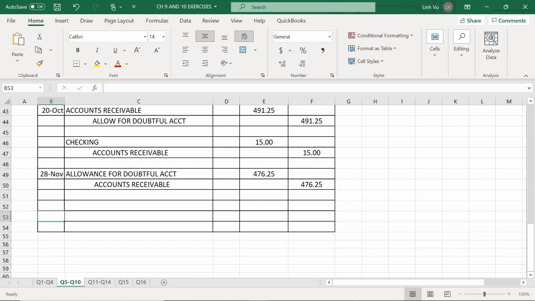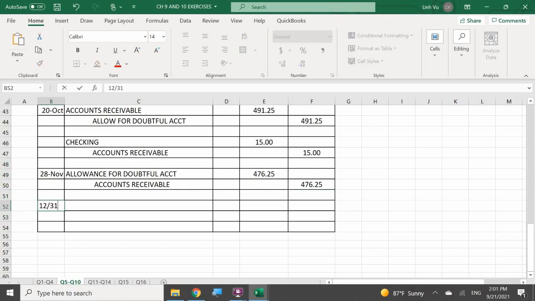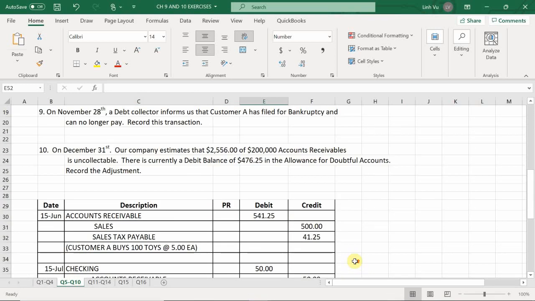So again, it is December 31st, end of the year. So how do we write off bad debt? Since it's the end of the year, and this is an estimated amount, we're going to associate this with the bad debt expense account. And we're going to credit our allowance for doubtful accounts, just like what we've been doing over and over. And this time, my end goal is I'm trying to get to